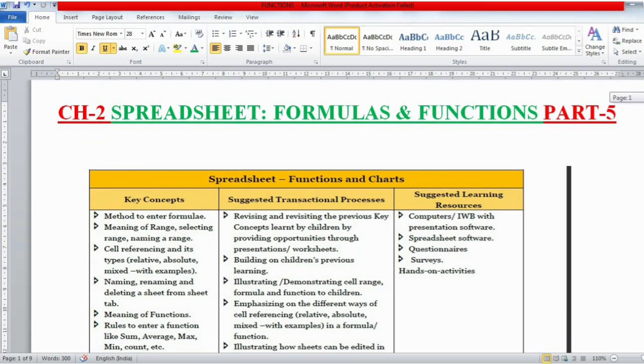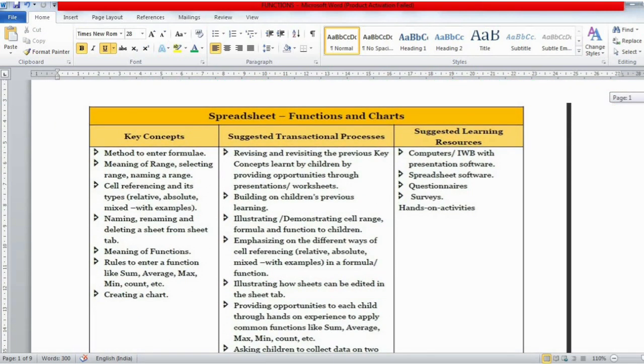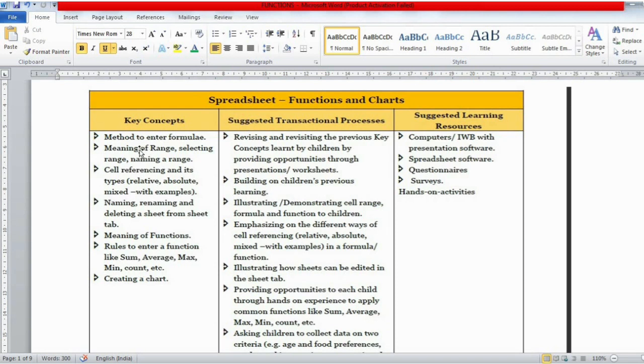Before starting the explanation of this chapter, students, I want to show you this updated syllabus that has been sent by ICSE because of the COVID-19 situation in our country. The pandemic is there, so they have reduced the syllabus. They have removed a few topics from our course.